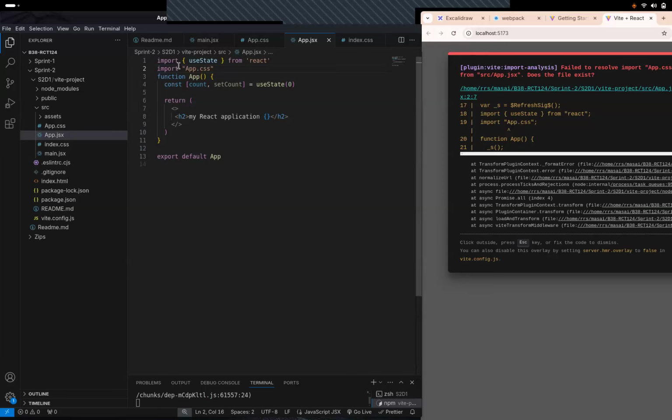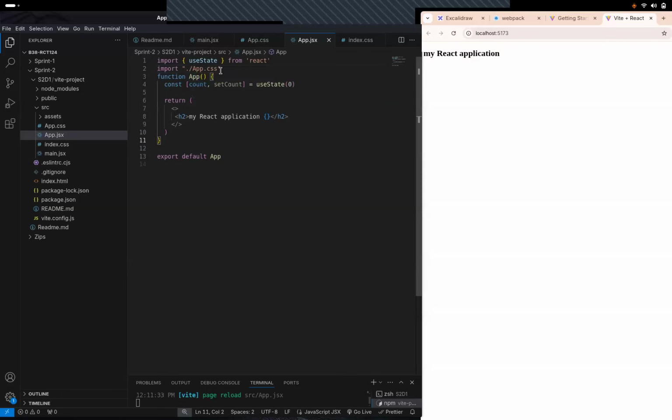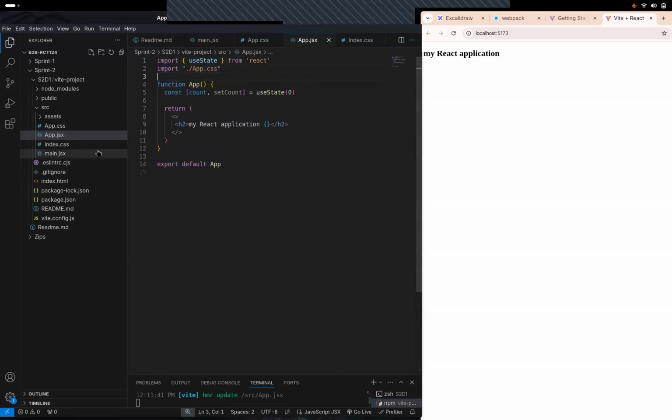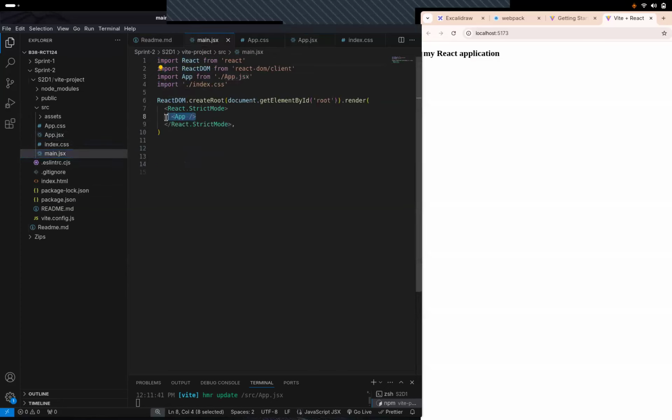Remember this? We initially did that, right? So due to this, the CSS file is attached to this app file, right? And then this app was being called in that main.jsx, right? This app was called here, so by default it will apply there also.